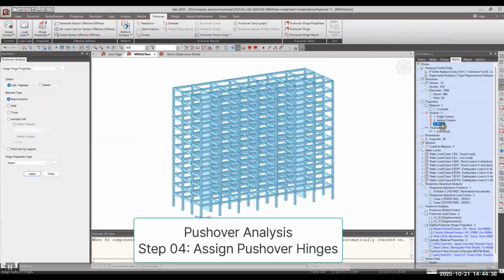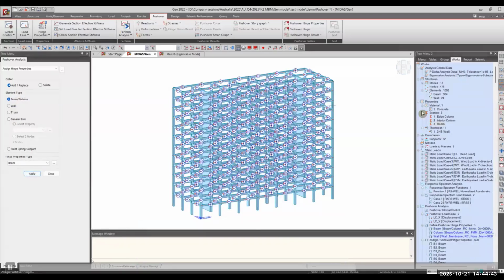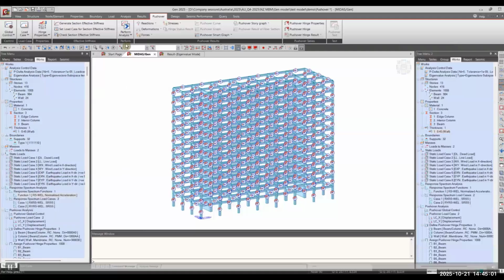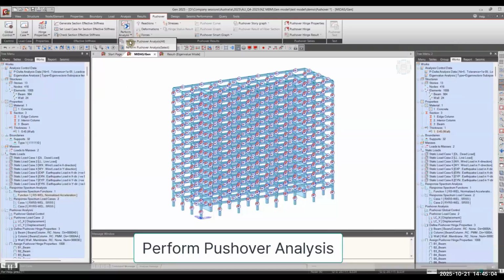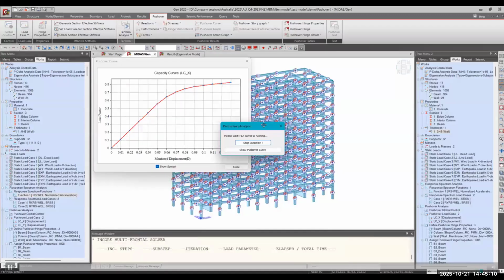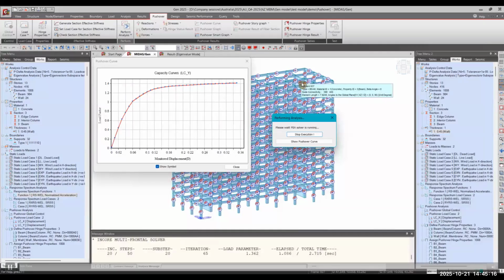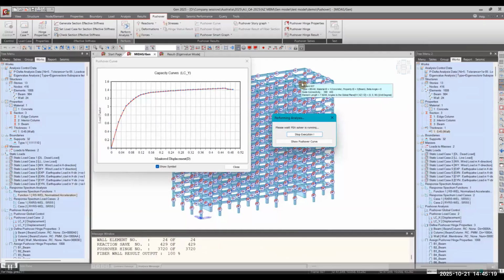For the pushover analysis, we have to assign those hinges we have created. So for beam elements, then column elements, interior columns, exterior columns, and finally for the wall elements as well. After we assign the hinges, let's run the entire pushover analysis for both scenarios, push X and push Y. While it is performing the analysis, we also get to see a live pushover graph being generated. Once the entire pushover analysis is conducted for both scenarios, X and Y,